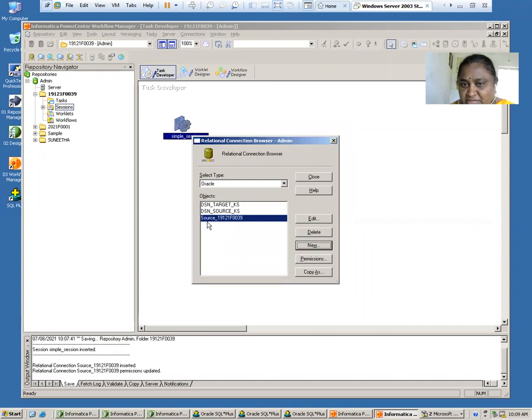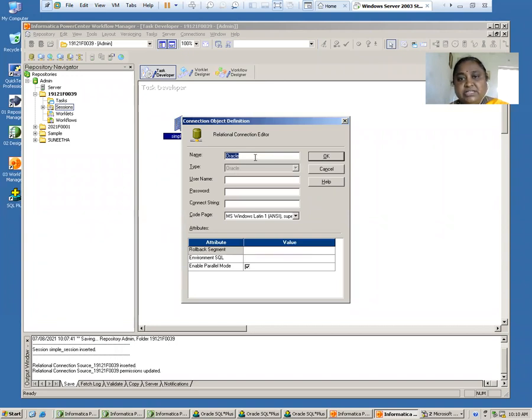Now you can see here the source relational connection is established for the source table. Similarly, I need to create for the target table. Right, so I create it for the target table as target_19121F0039. Yes, we have the username as Scott.